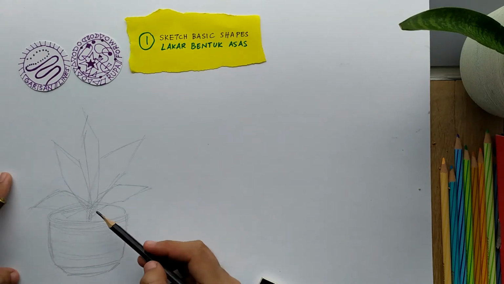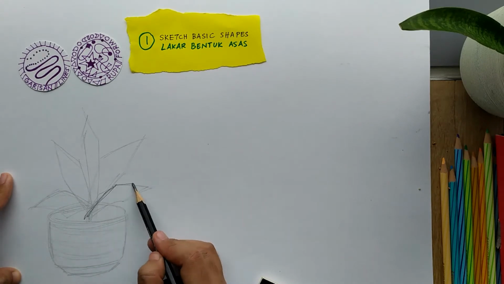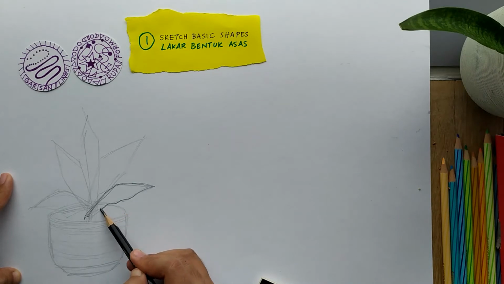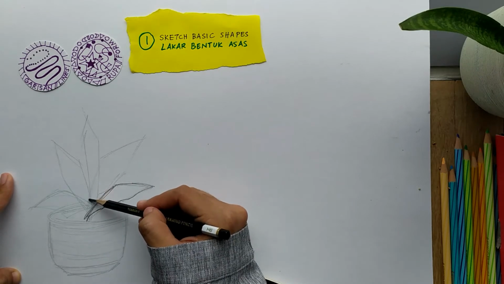Okay, we can darken it once we are confident. It's something like that, and it's curved on certain parts,